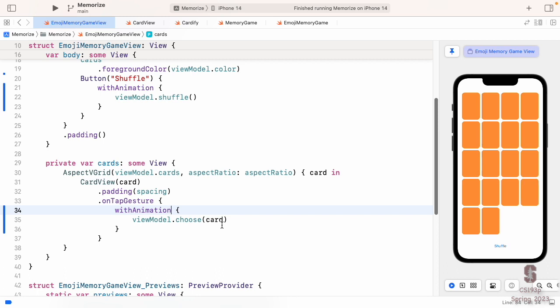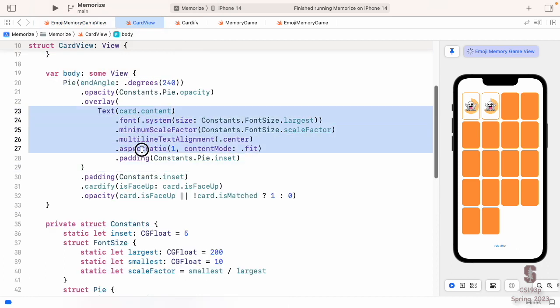Let's talk about when we would use implicit animation. We took that implicit animation off of there, and I told you we would never do it that way. Well, when would we use implicit animation? Well, how about if we make it so that if we get a match like this, the little ghost guy does a somersault, an acceleration somersault. Let's see if we can get him to do that. So where does that happen? Well, it's in our card view over right here. This is the ghost, right? The text that's inside of our card view. I want that text, that ghost, to do a flip when the things are matched. Real easy to do.